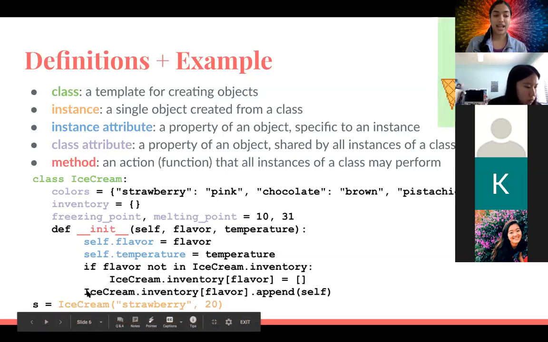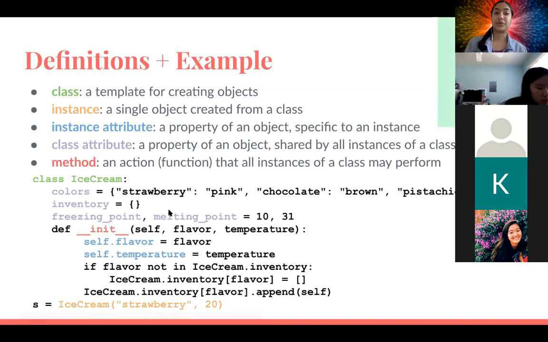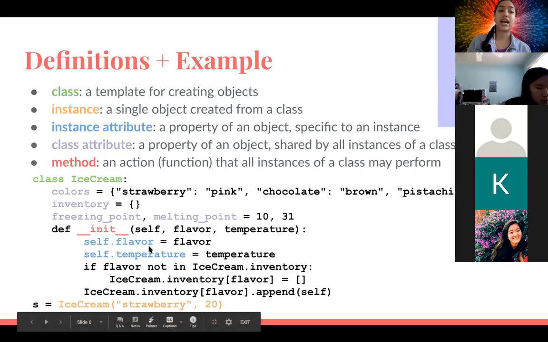And then finally, last thing we do in the init method is we index into the inventory at this particular flavor, strawberry, and append to that list the value self, which appends the entire object that we just created into the inventory. So that was a walkthrough of this ice cream class, which we will be using in problems that